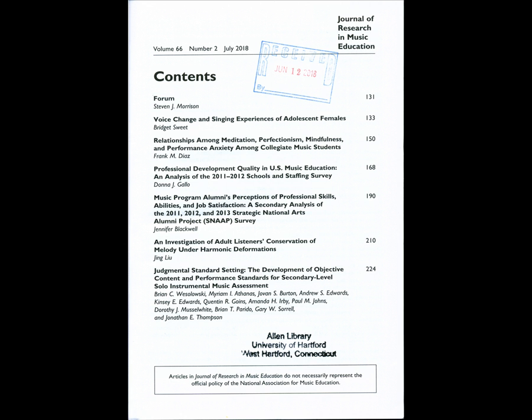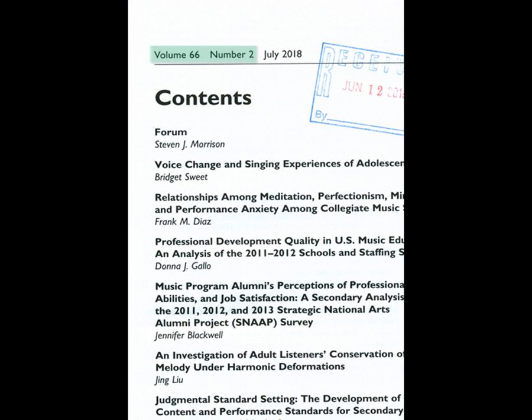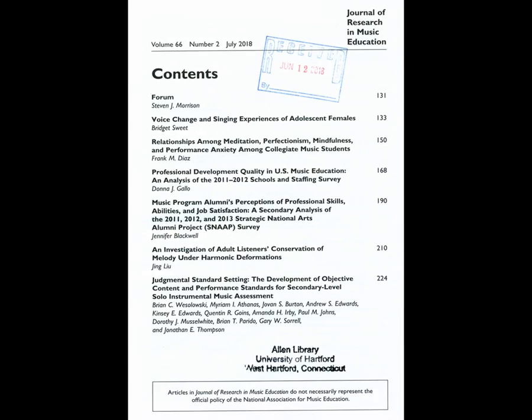But just like the professional journal we looked at, the volume and issue numbers are also listed at the top of the table of contents page, so always look there if you don't see them on the cover. Note that there are far fewer articles in the academic journal. That's because each article is 15 to 20 pages long, rather than 2 or 3 pages as in the professional journal. In other academic journals, they may be even 30 pages or more.